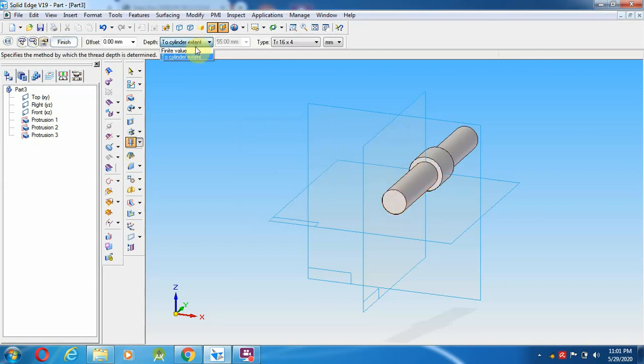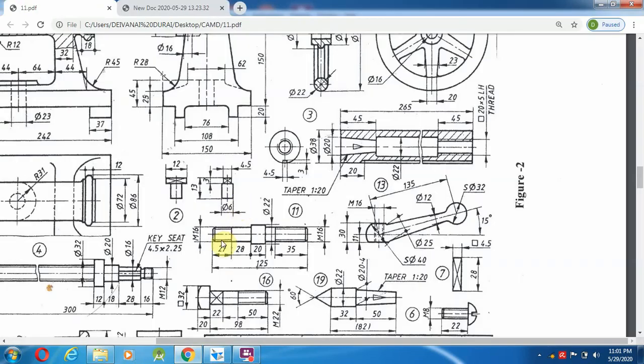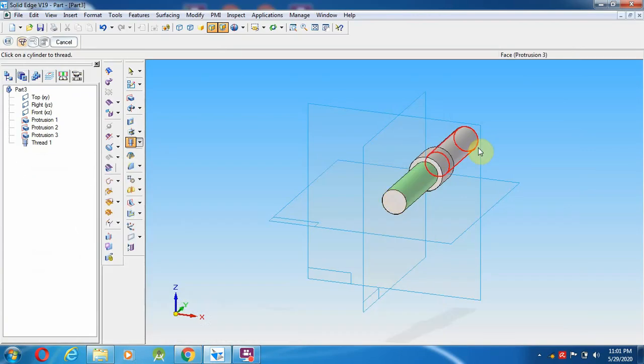So it's not a cylinder extent, it's a finite value up to 27 mm distance, even though it's coming over here. So you can even check, that is the 27, and the other side is the 35 mm distance. So go to thread starting from here, and the finite value is the 35 mm distance. So even though it's coming as a full length, it's not an issue.